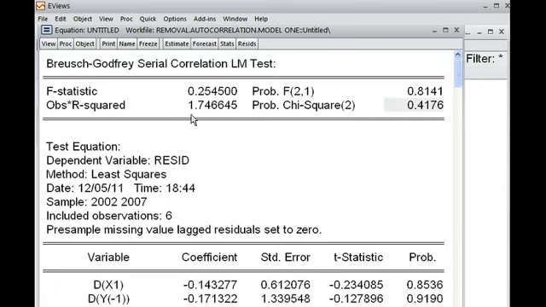I am telling again, the p-value is 41.76%, which is more than 5%, meaning that we cannot reject the null hypothesis; rather, we accept it. The model does not have any serial correlation. So our model after first difference is free from serial correlation.